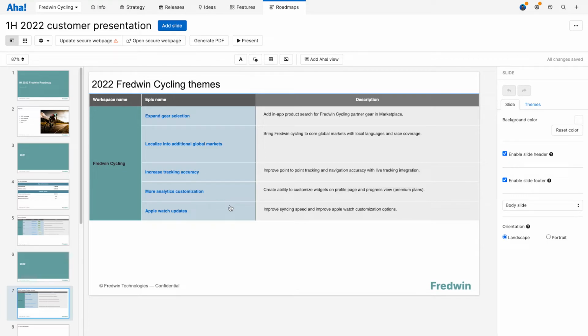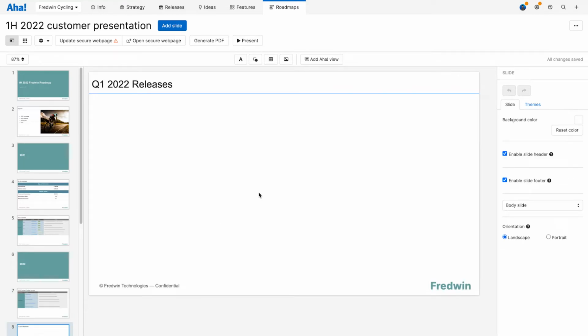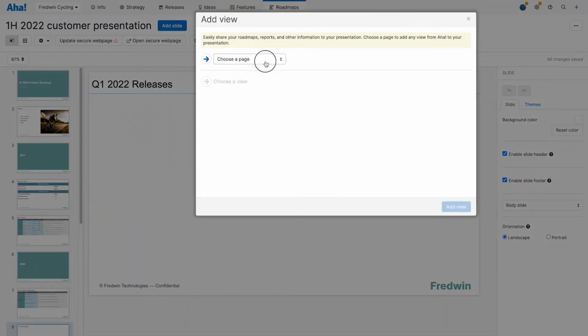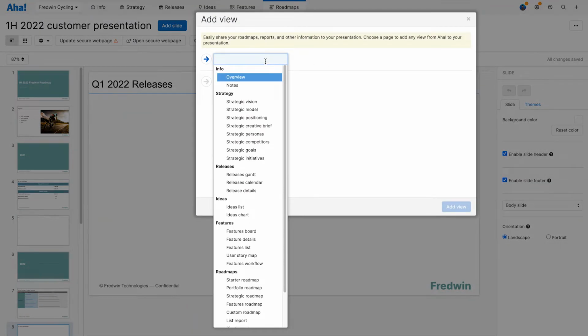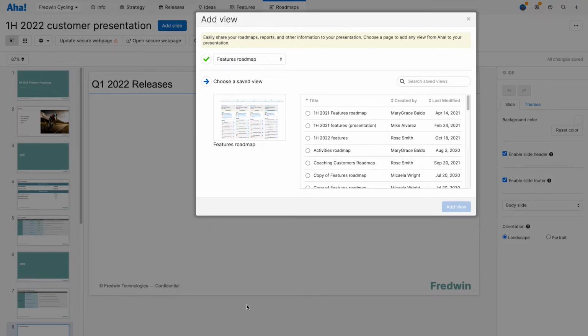Put this in a nice pivot table, use the branded company color right there, and also paired it with some 2021 epics. That's a good way to provide something comparative. We've got a blank slide here for the 2022 releases, so let's add an Aha! view. And this can just literally be the Gantt that I'm working off of. Or in this case, I think it might be more useful to select a features roadmap, and I'll show you why here. This one is called the,